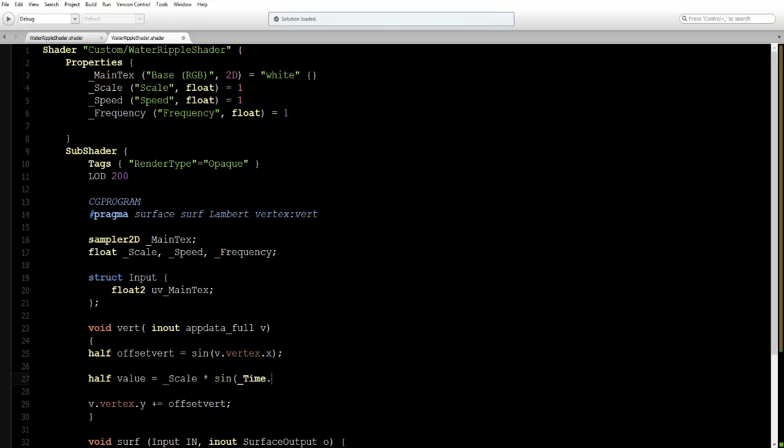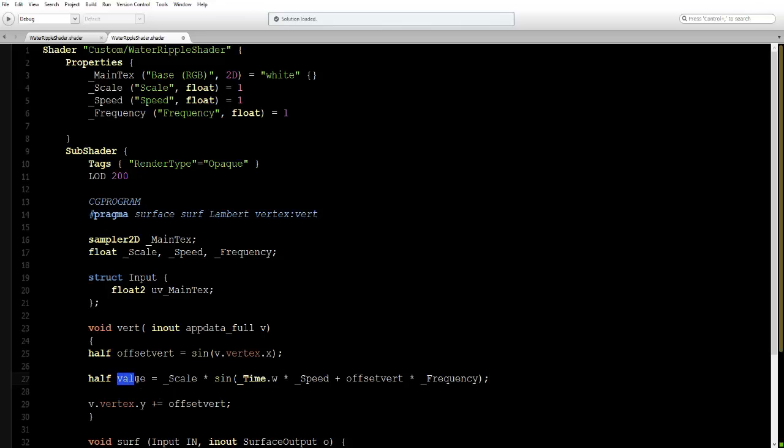and this is the time that's going through the GPU, so not the CPU but the GPU, and here you can type in its X, Y, Z or W values, and every value is going just a little bit quicker, and the quickest is W. I'll just use W value, and that one we want to do times our value of speed plus our offset vert, we just multiply it by a frequency. Close that one, semicolon, and